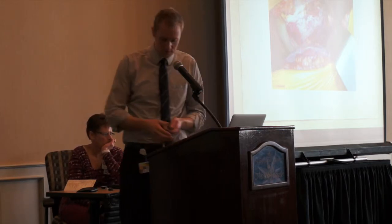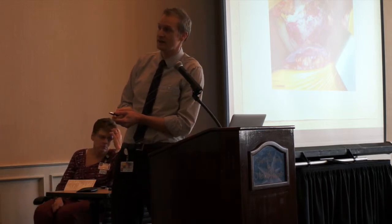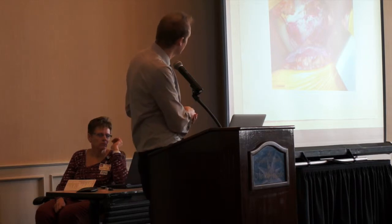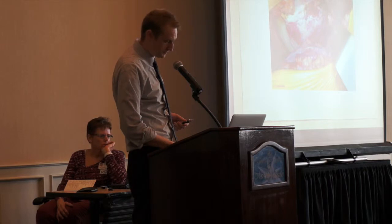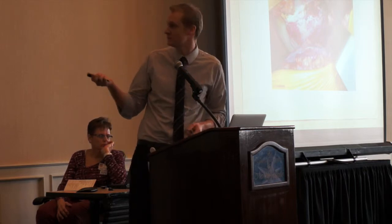Okay, so what we're looking at here, you can see that femoral neck. Femoral head is up here. We're going to make our neck cut right there. And to this side, femoral neck, head, and neck cut is there. Okay, so after the neck cut, we're essentially...